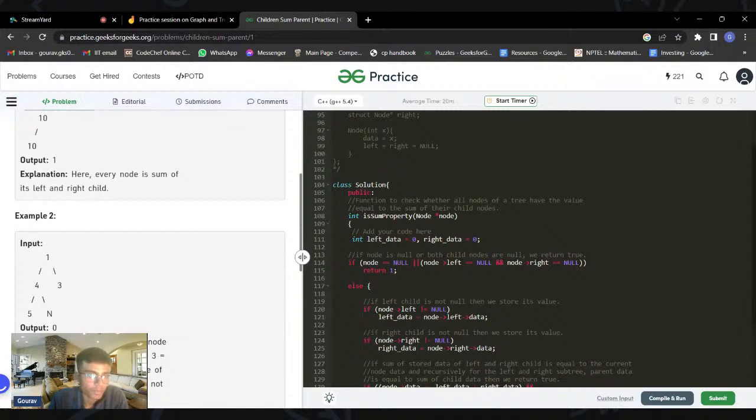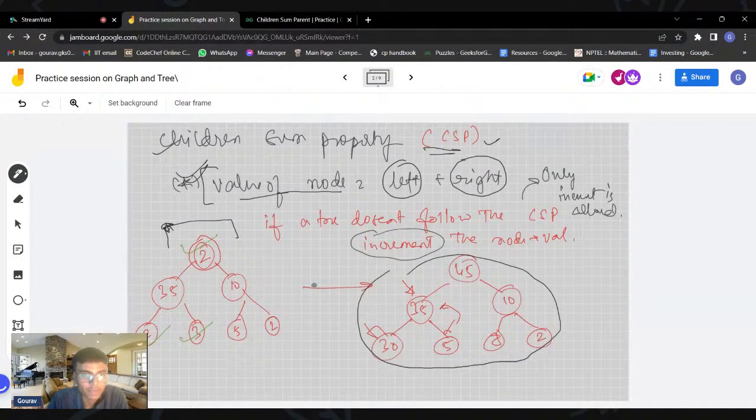But there is a tougher version of this problem which says that you have to convert a given tree into another tree. If the tree is not satisfying the children's sum property, you have to convert it into a tree that is satisfying it. The only condition is that you are allowed to only increment the value of a node and not decrease it. For example, the value at the root node was 2 and the sum of its children was 45, so I incremented the value of the root from 2 to 45.